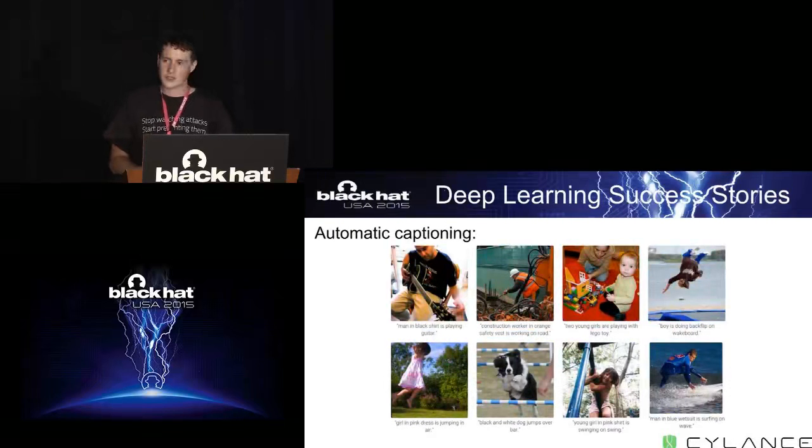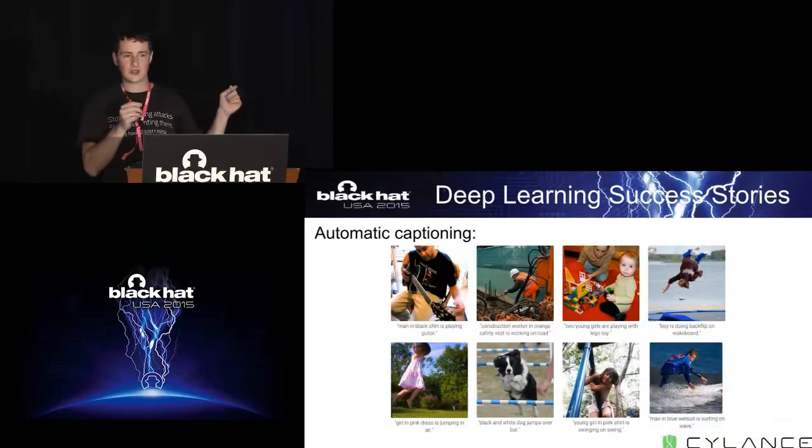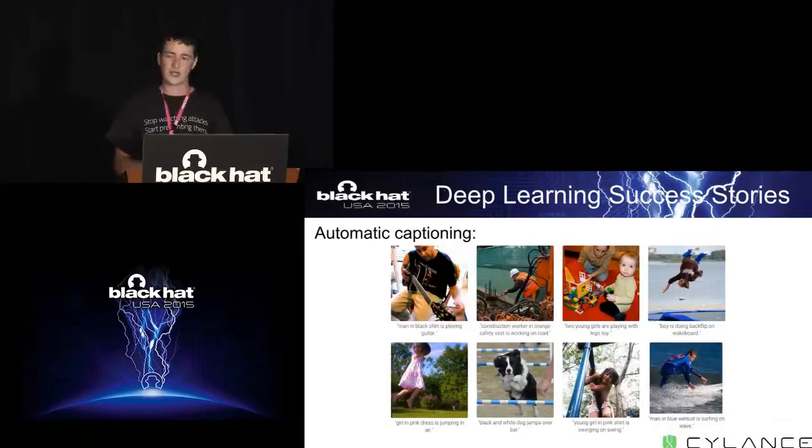The next evolution of this was automatic captioning. This work has only been going on for about a year or so. The idea is there's a huge data set of input images, and the labels for these images aren't the object you're looking at. The labels are a human-made annotation of the image. You're training the model to look at an input image and replicate the caption that a human gave it.